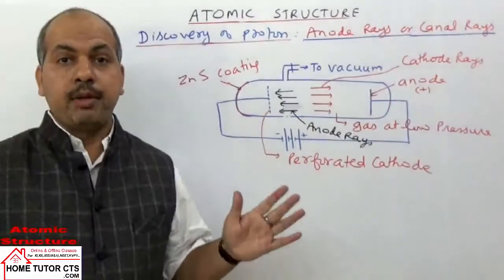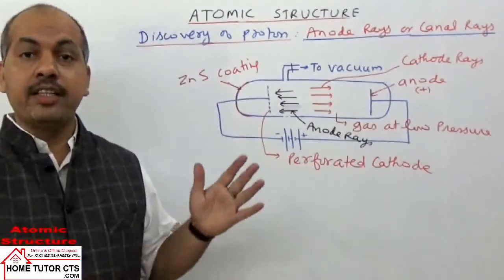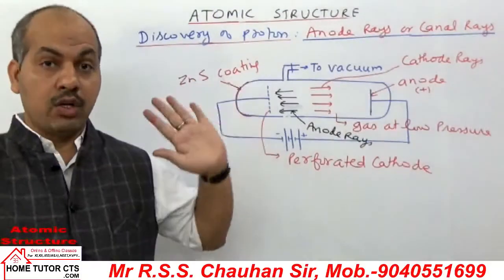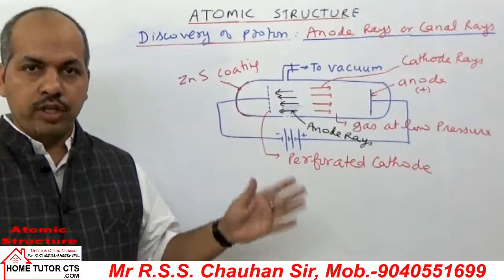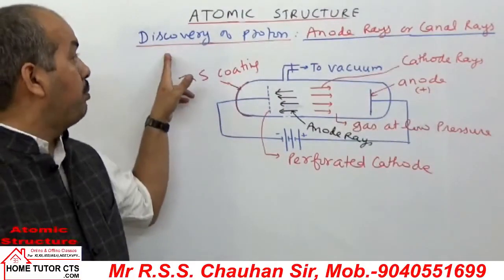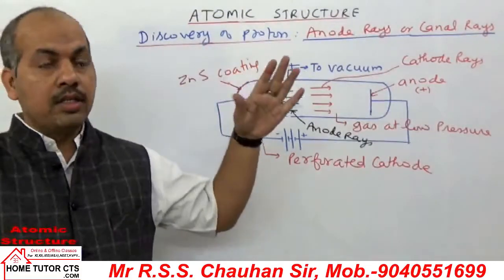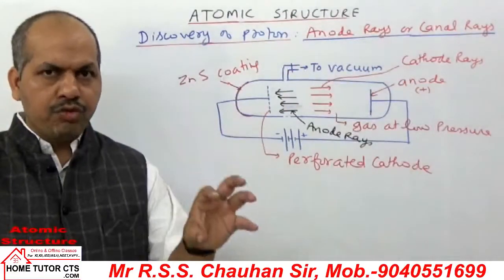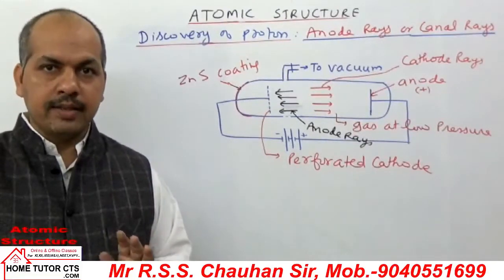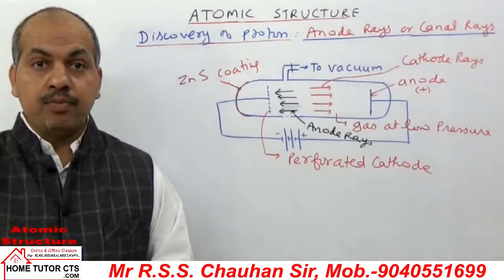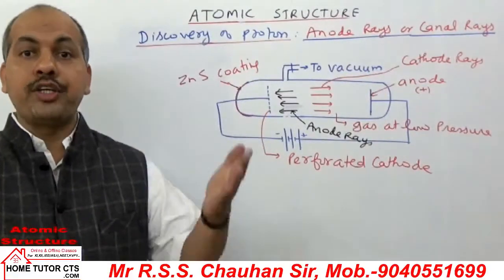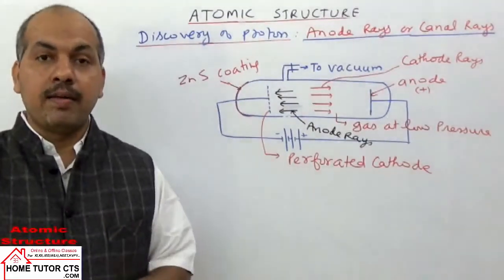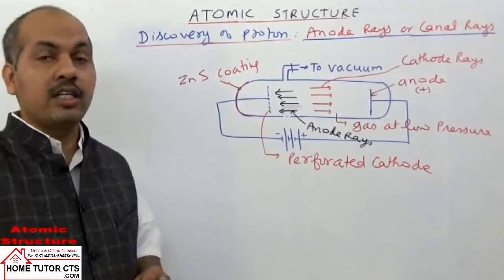Now from the cathode ray experiment, it was proved that atoms have negative particles called electrons, which were first called negatrons. Later the name electrons was given by Stoney. So next came the discovery of the proton. This is given through the anode ray or canal ray experiment. When it is proved that atoms have negative particles, then to maintain electrical neutrality, they should have some positive particles.